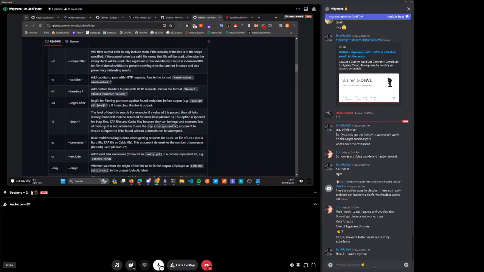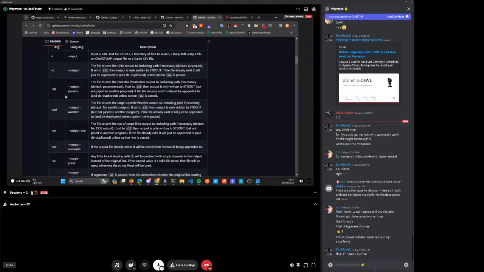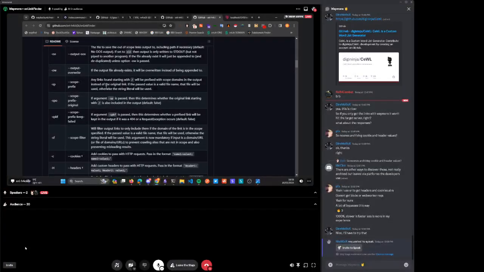So yeah, I talked about the depth earlier. The inputs went through all the output files. So scope prefix, that's the one. If you want to use it as a crawler and keep requesting new links it finds, you need to give it a prefix. In the example before, I just used the domain I was looking at as the prefix, but you can actually pass a file of domains or subdomains as well. So, for example, if I was looking at tmobile.com, but I know there's an api.tmobile.com and careers.tmobile.com,